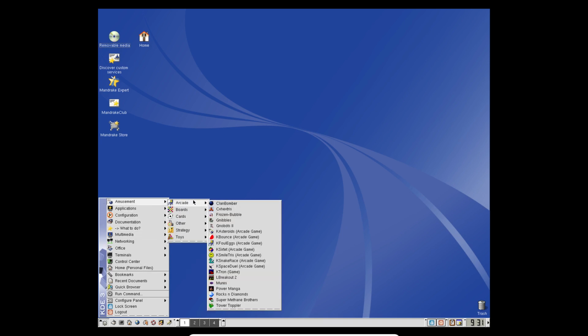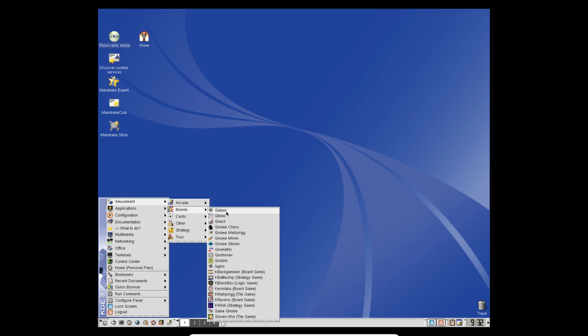We have got under arcade: Clan Bomber, Nextrees, Frozen Bubble, Gibbles, Nobot, El Breakout, Catron, Mules, etc. Ball games we've got Gatax, Gines, mostly known apps here, known mines, etc. And then we come down to the KDE apps like K-Backgammon, K-Mahjong, K-Reverse I, K-Move4,